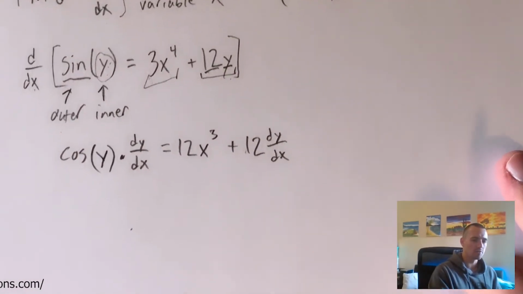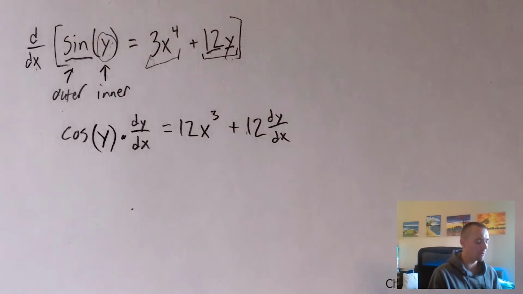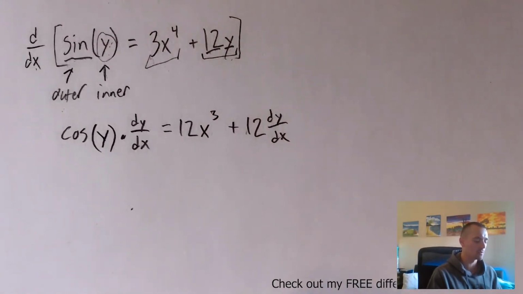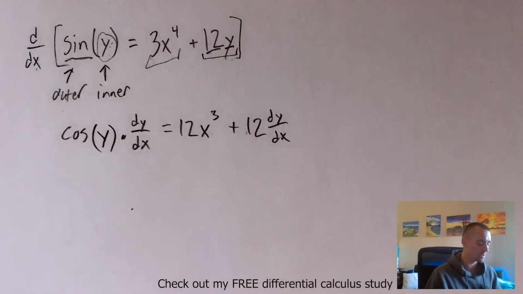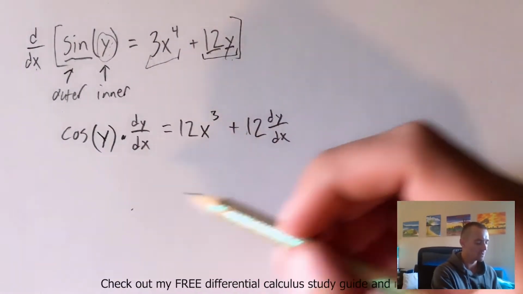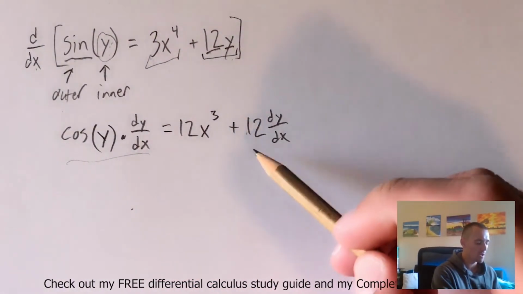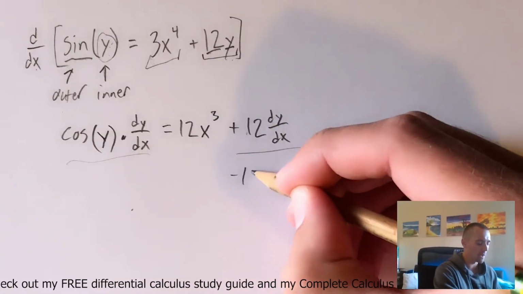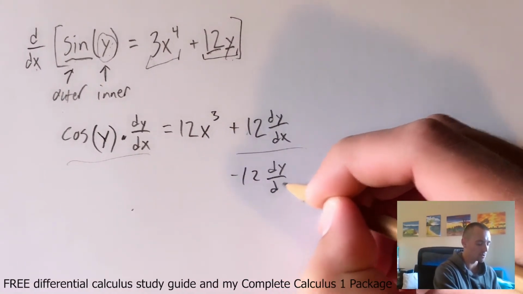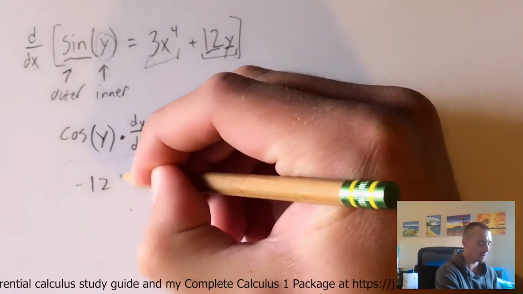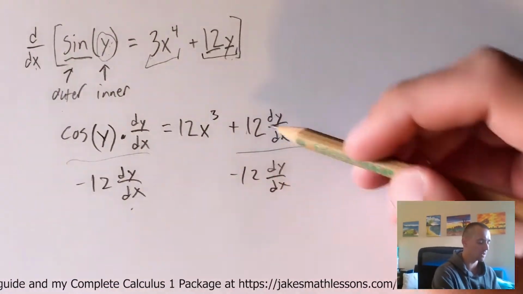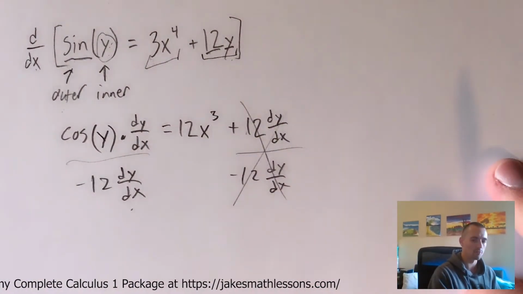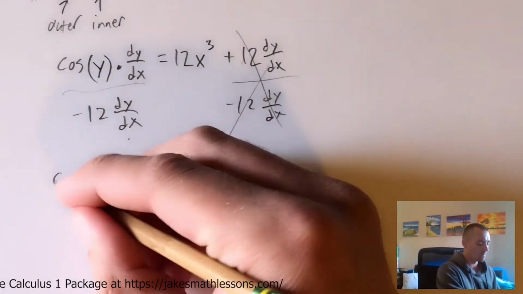So now, once we've taken the derivative of both sides of our equation, what we want to do is add or subtract any terms that have dy dx in them to one side of our equation, and then add or subtract all of our non-dy dx terms to the other side of the equation. So you can see we have a dy dx term here, and we have one here. What we can do is just minus this over to the other side of our equation, which basically just means subtracting it from both sides. Whatever you do to one side of the equation, you need to do to the other side. And that's just going to cancel on the right side. And we're going to be left with